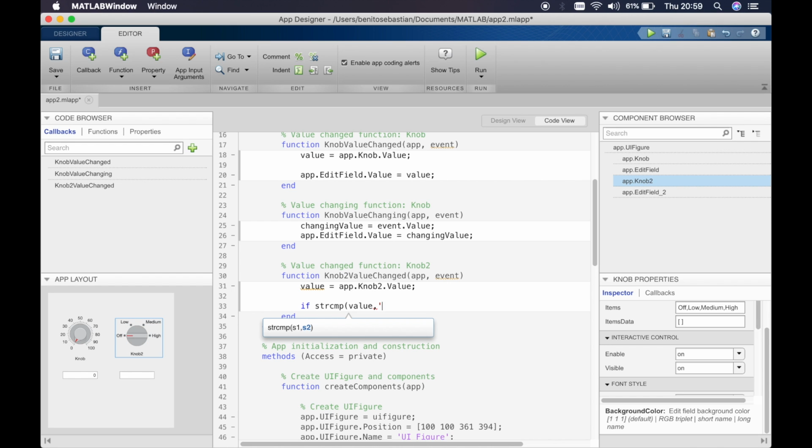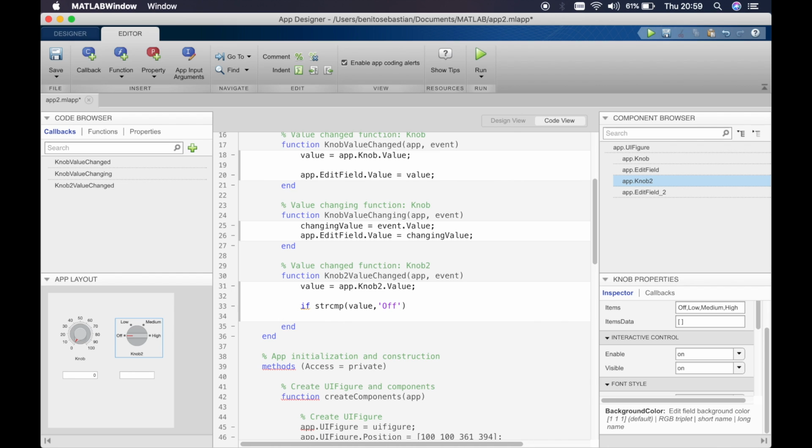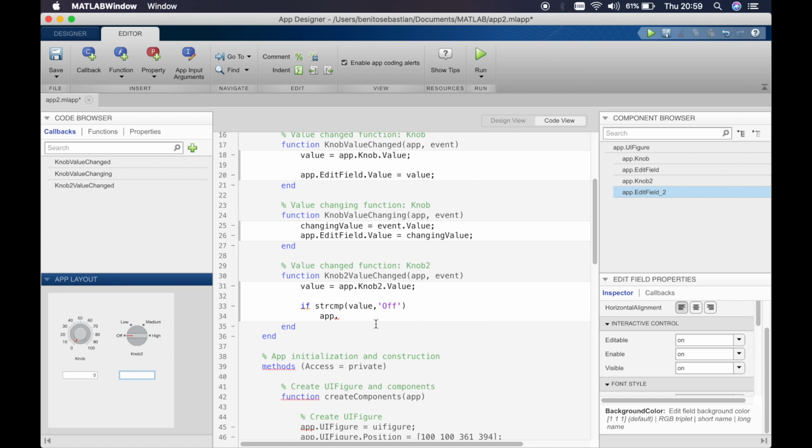So we'll say if that's equal to, you have to make sure you're using the right letter. If it's a capital O, then you have to define a capital O. I just realized it should be off. So off, then we'll say app dot, this is edit field 2, so edit field 2 dot value equals off,